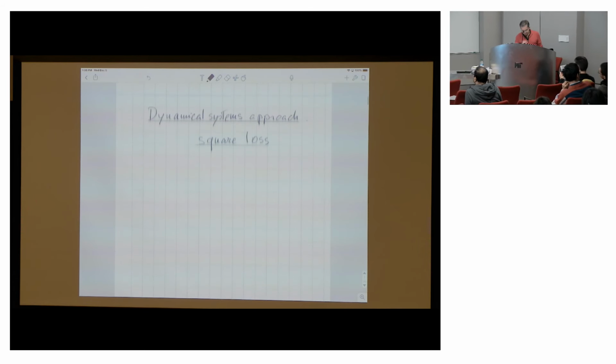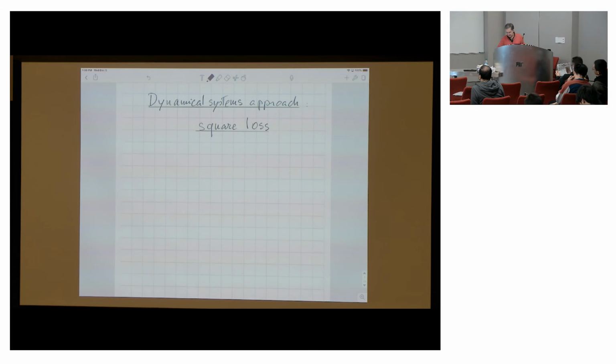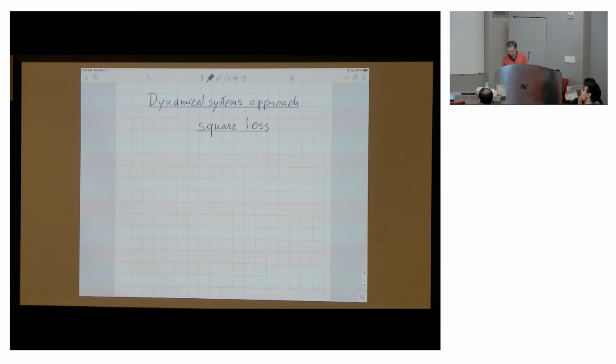And so let's start with the square loss, and